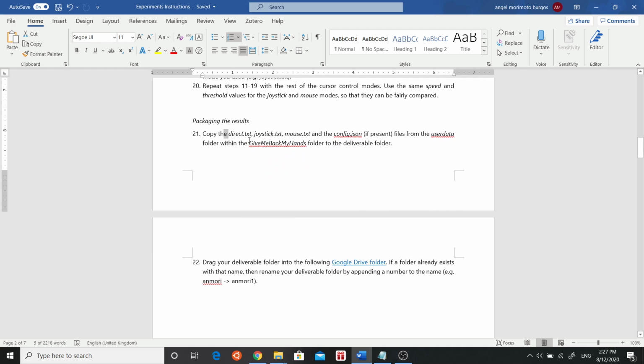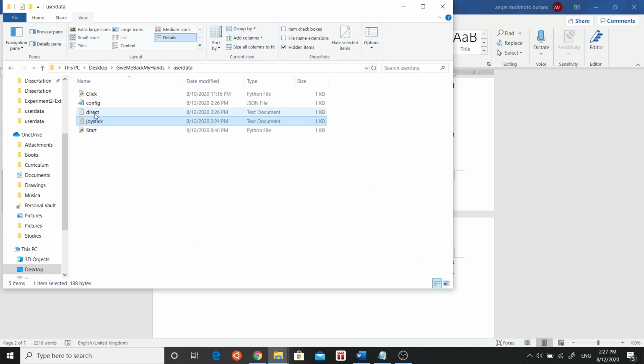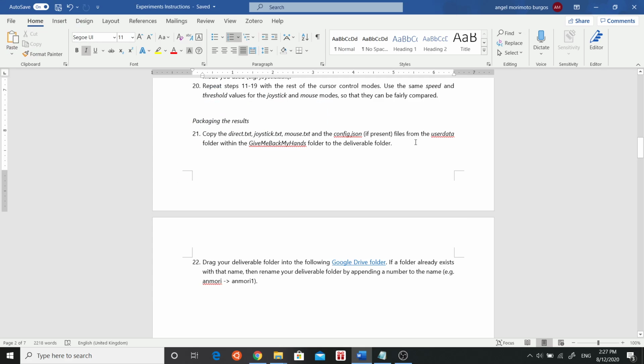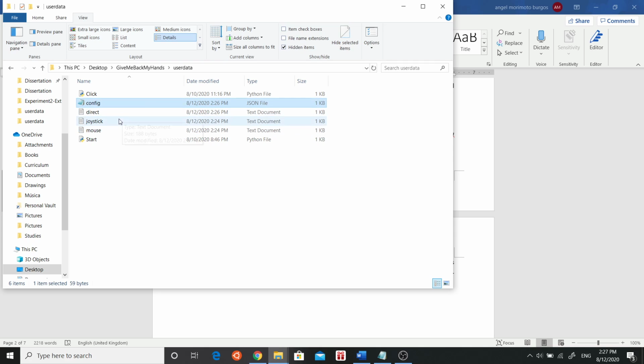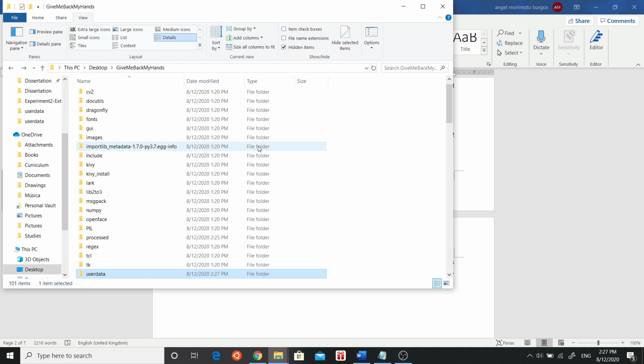I will copy those files I generated. So for purposes of this explanation, I will assume I've done this. I've done the direct and mouse experiments, and then I will copy mouse, joystick, direct, and config, if any, because config might or might not be present. So I will copy this to the